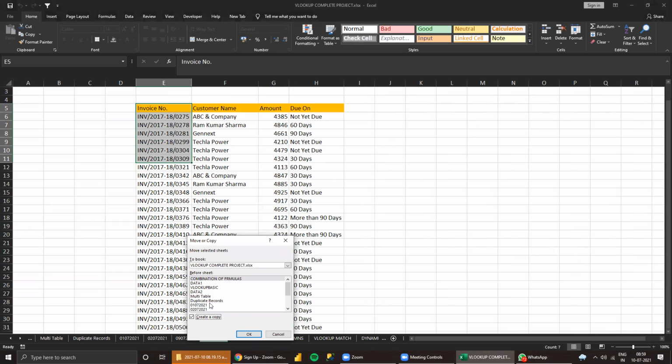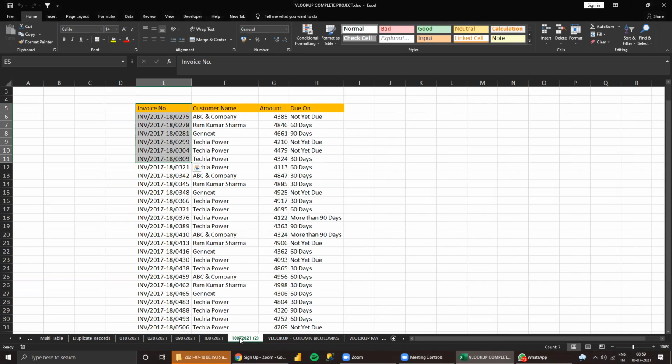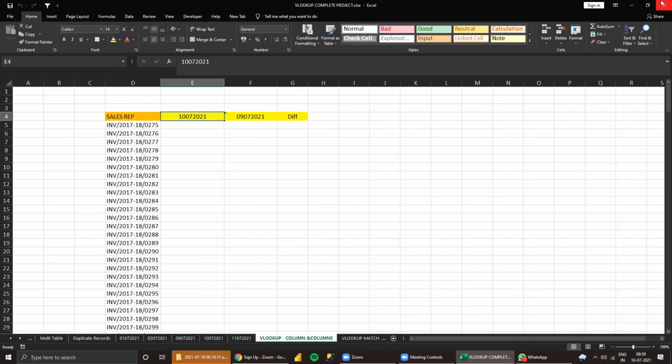Then create a copy, here before this. Then 11/7/2021. Then here 11/7/2021. So 10/7/2021 means automatically we will get the result. How do you do that?